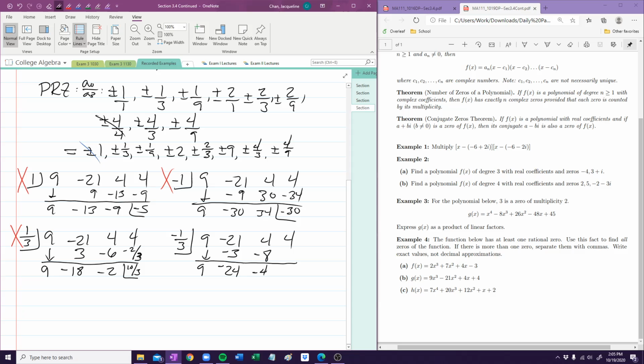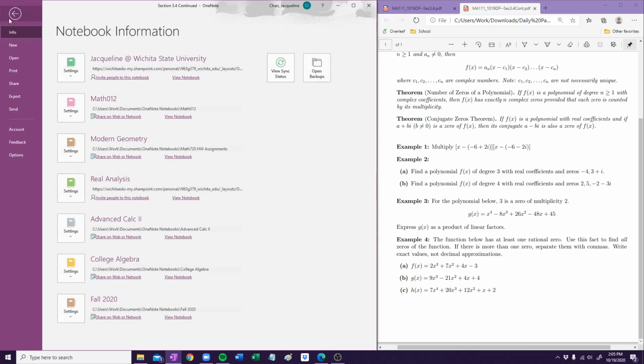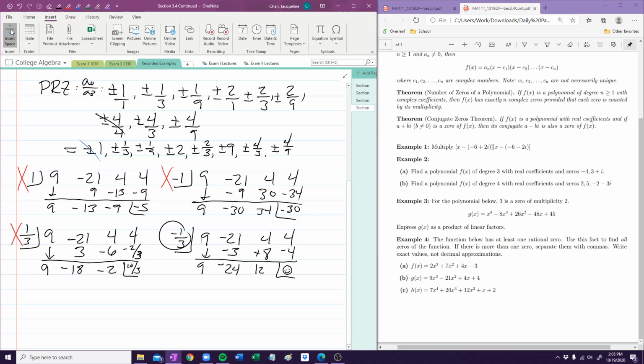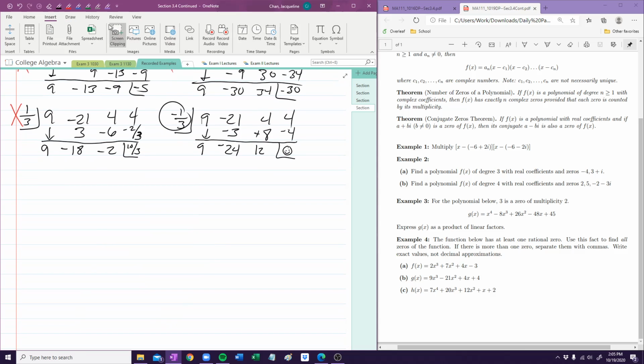Oh, sorry, +8. Okay, and this is -4. We get 0. I'm going to put a smiley face because this means that -1/3 is a 0 to g of x. Oops. Add some space here. Okay, so now we can consider